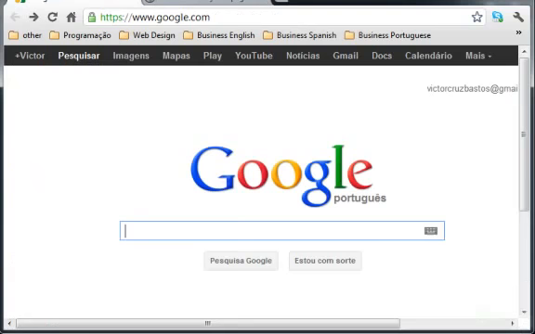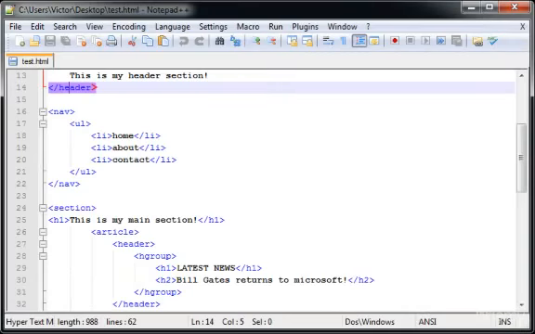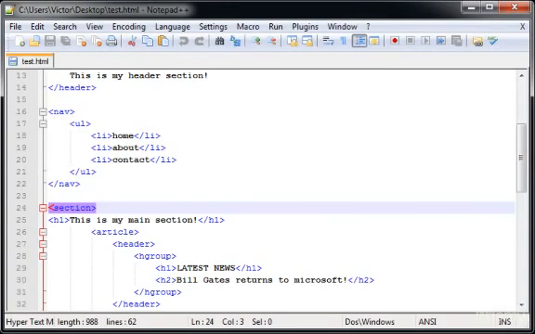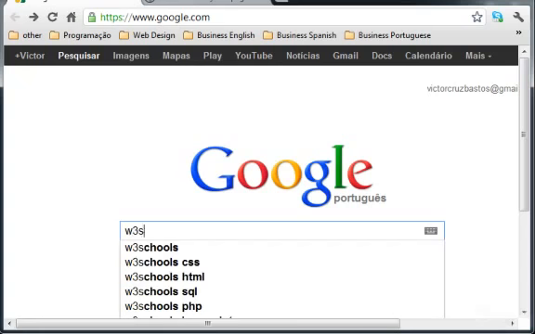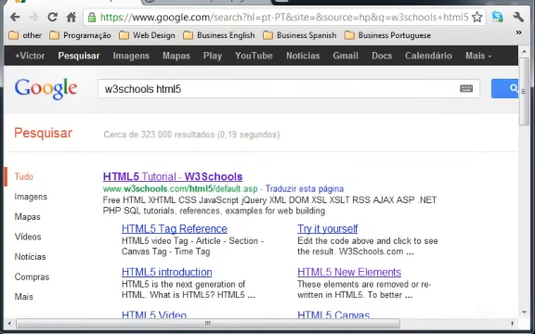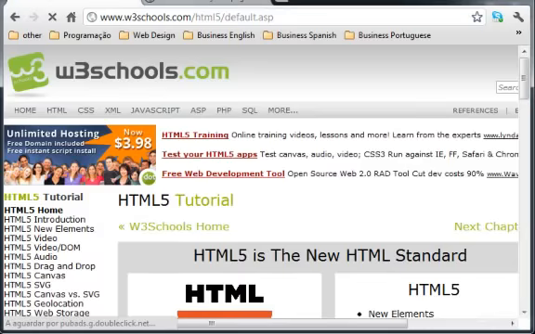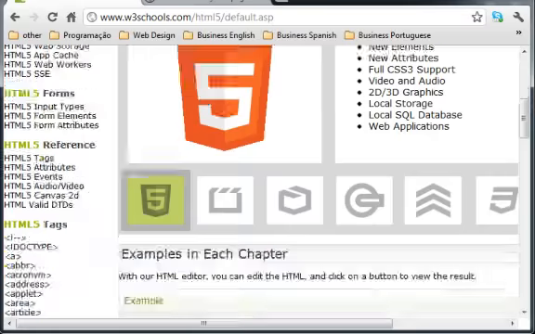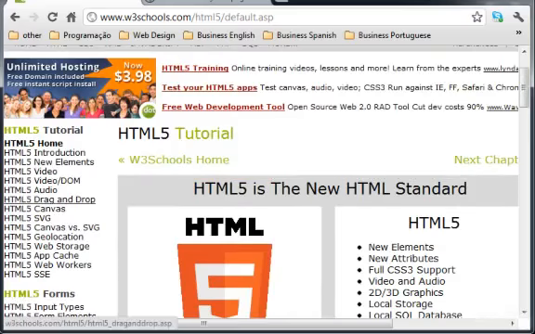So another thing I want to recommend you guys is, if you want to know more about other elements, or you want to see a list of all the new elements or tags in the HTML5, you can go to W3 Schools, which is a very good resource for you to study, and type HTML5 and click it. And here you have all about HTML5, all the new things HTML5 introduced, and you have the new elements here. And if you click it,